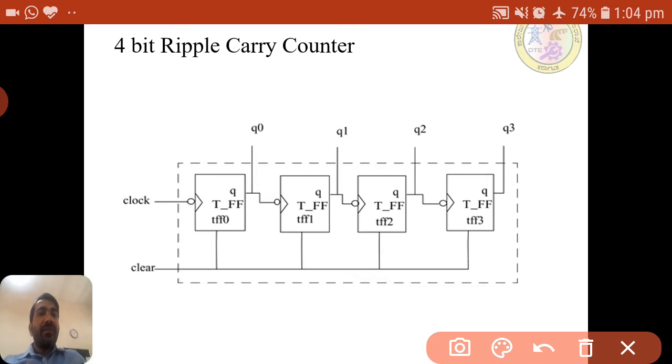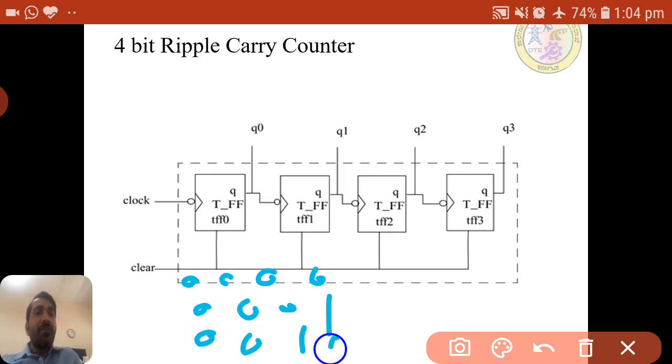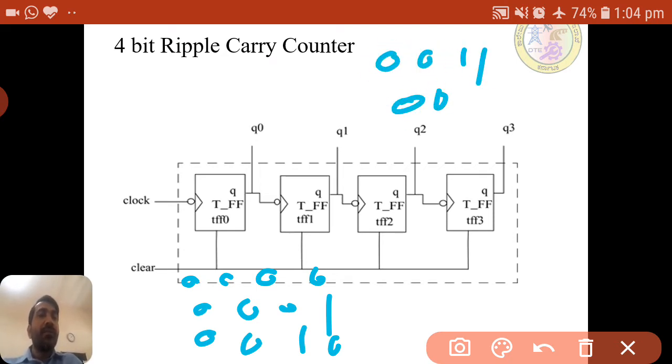For example, if you see the counting pattern, it goes 0 0 0, then 0 0 1, then 0 0 1 0, and if you go on like this, 0 0 1 1, 0 1 0 0.